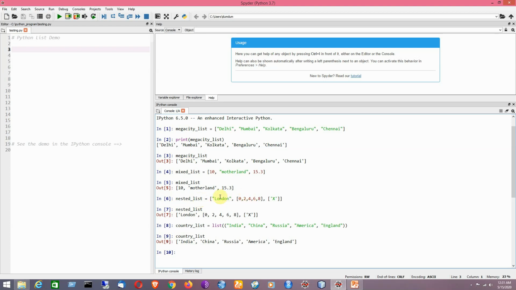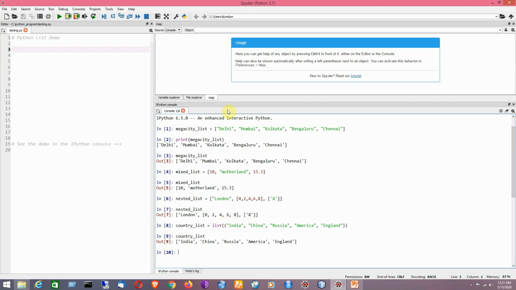That is the idea of a nested list. And lastly, I have created a list by using the list constructor. Clear? So here you have to use double round brackets. Now I would like to give you the use of the indexing technique. How can you use the indexing technique to access the different elements of the list?